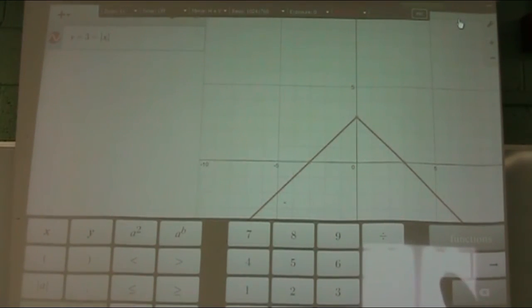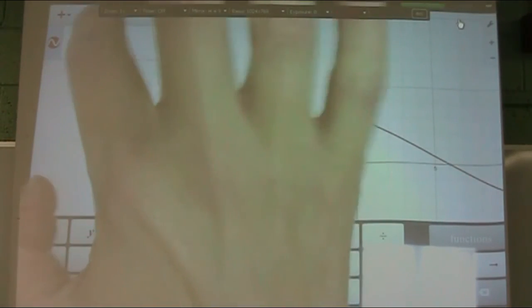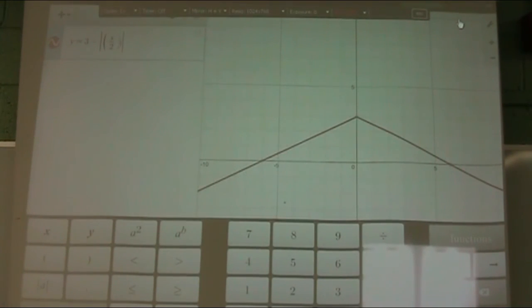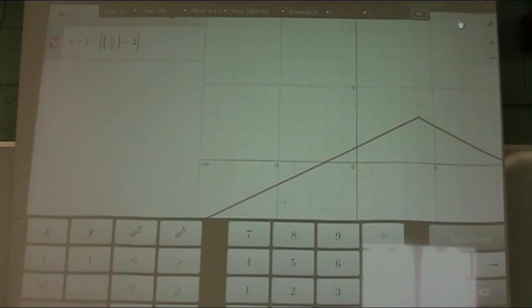So now, let's go inside of here. And what I've got to do, when I put in the x over 2, I need it to be in parentheses. So I'm going to delete the x, and this is all going to go away for a second. So parentheses, x divided by 2. All right, now I can go outside of the parentheses because I've got the x over 2. And notice now how it went flat. And then I've got minus 2. And remember, minus 2 is going to send it to the right. So minus 2. And it shifted it over to the right. Pretty cool, huh? And there we go. That is our graph. It's still that same V. It's just shifted